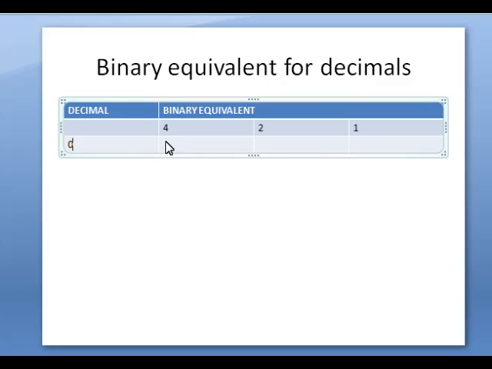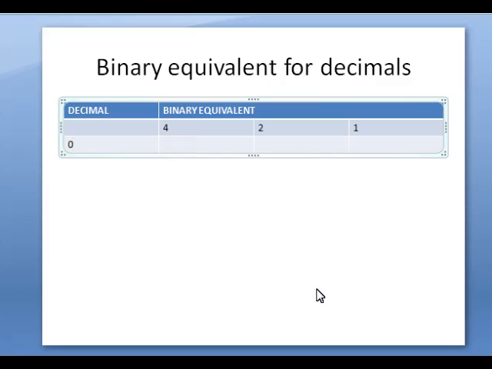So before writing the binary equivalent, you have to write like this above the number. Okay, so 1 plus 1 is 2, 2 plus 2 is 4. This is for 3 bits. If it is 4 bits, then you have to write 1 plus 1 is 2, 2 plus 2 is 4, 4 plus 4 is 8. Okay, now we are going to see the binary equivalent of 3-bit numbers, that is 0 to 7.